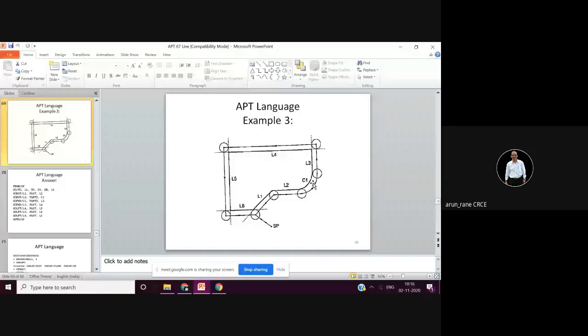The next is go left of L4, and past L5. So we are passing line L5. And again go left of L5 and then past L6. Then go left L6 and past L1.